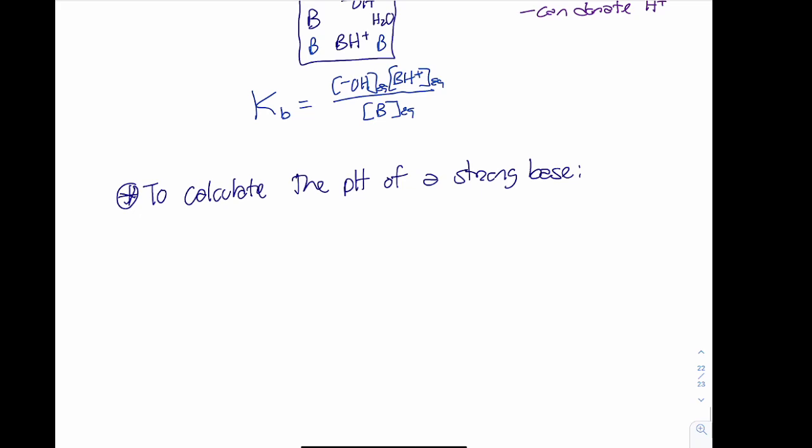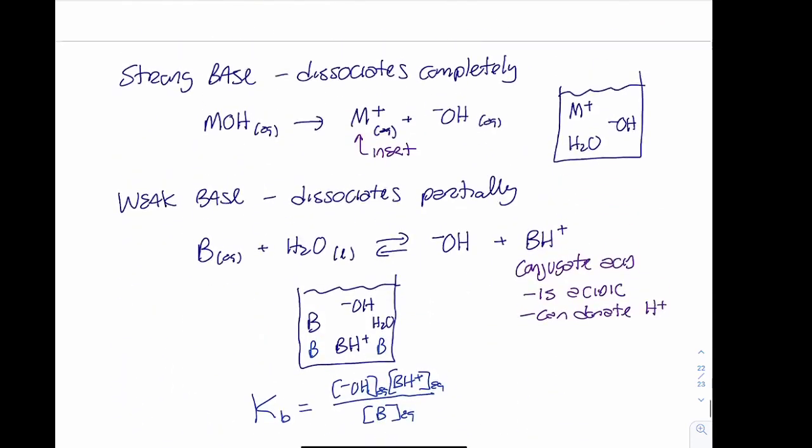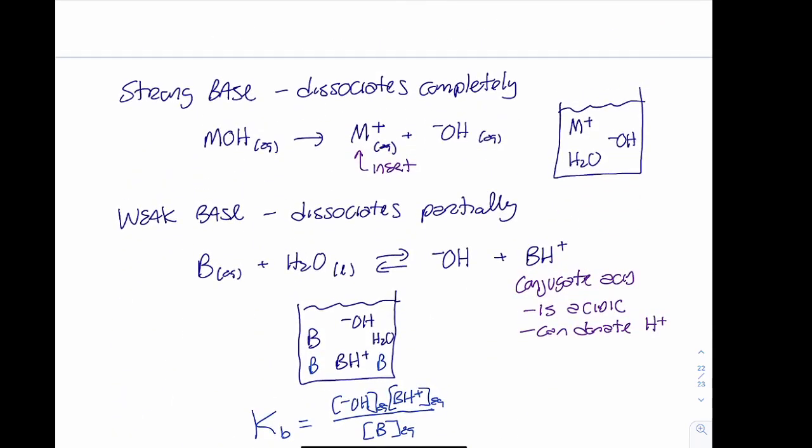Of our strong bases that you learned, some of them did have one cation per hydroxide ion. Some of them I'm going to have 2 hydroxide ions per cation because that cation likes to lose 2 electrons, or that atom likes to lose 2 electrons when it forms a cation. So kind of 2 different ways here. If I just have MOH, if that's the case, then my strong base concentration is going to be equal to my hydroxide ion concentration. If I go up and I look, that's the case I had here,